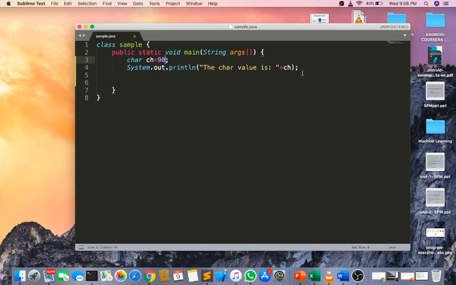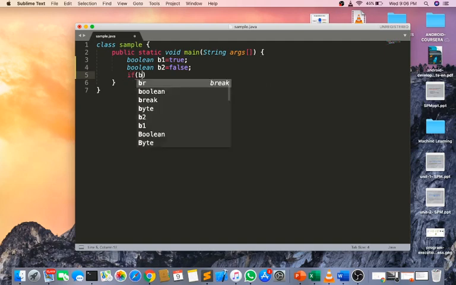Let's check a small program for boolean. boolean b1 equal to true, boolean b2 equal to false. Now take the if condition. Don't worry, I will explain if and control statements in a later class.